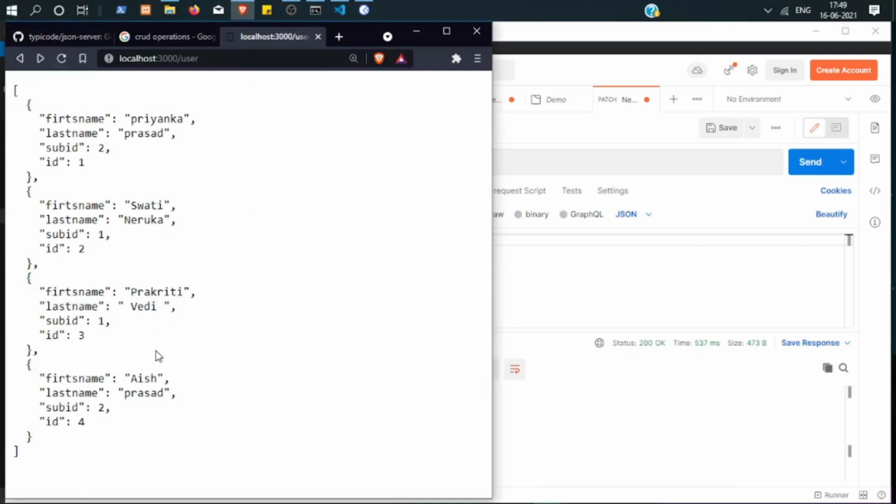Now this is a PATCH request that I have made, and just edited the last name. So this is how you can do CRUD operations. You can create, read, update and delete with any of the REST APIs.